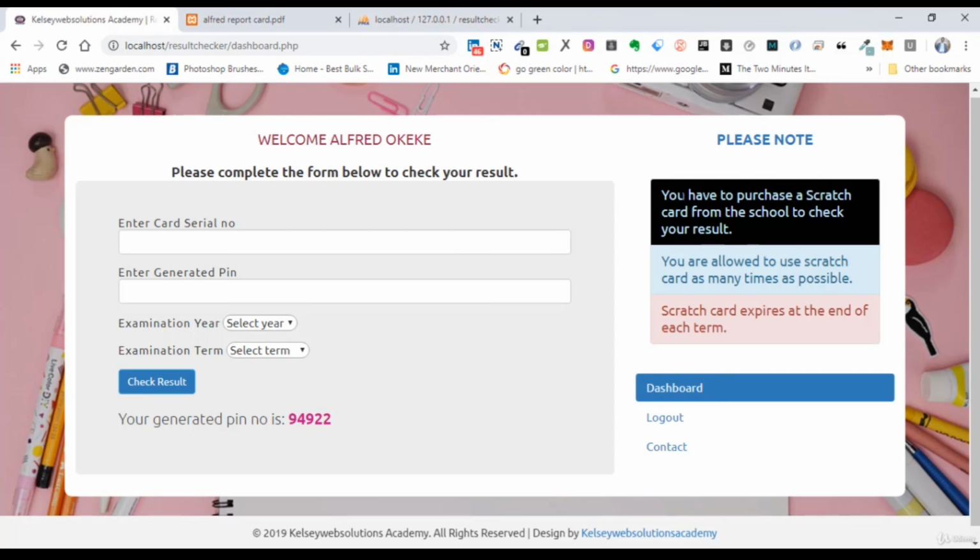So this is how the student section of this application looks like. In the next video, I'm going to show you how the admin section looks like. Okay, so thank you for taking this course, and I will see you